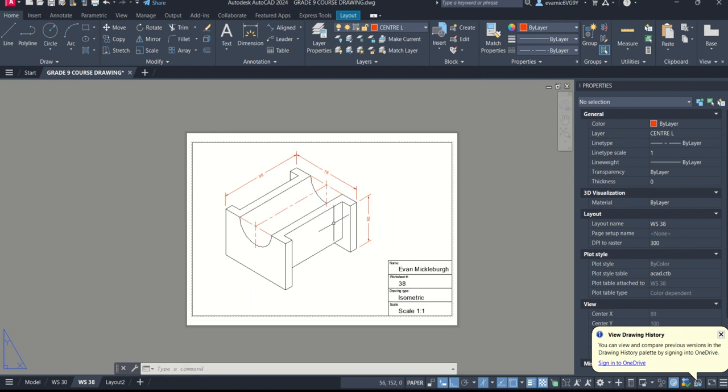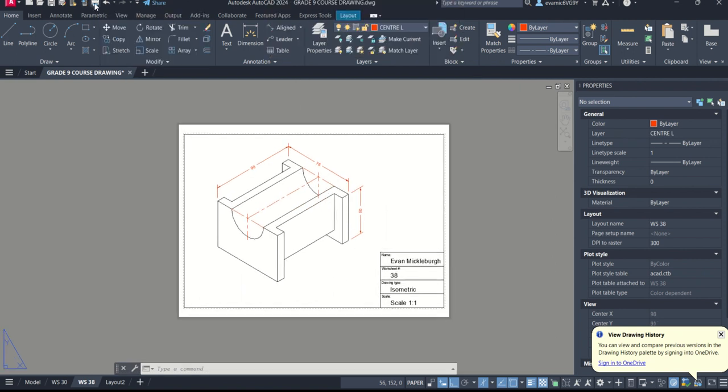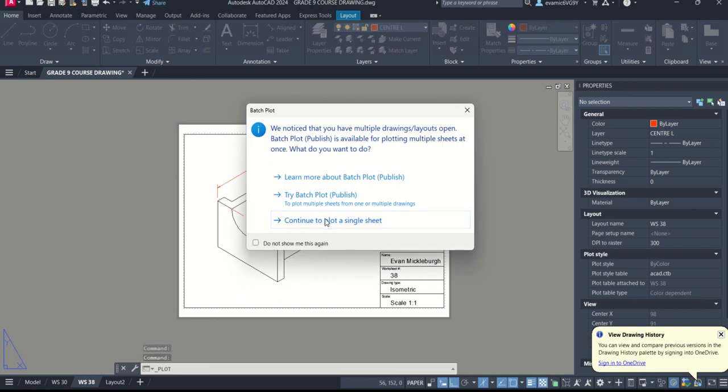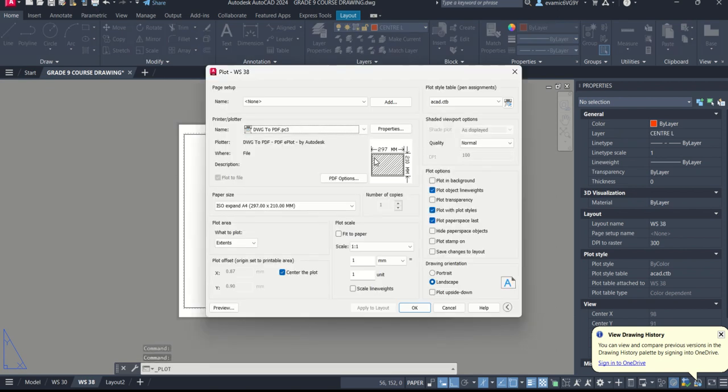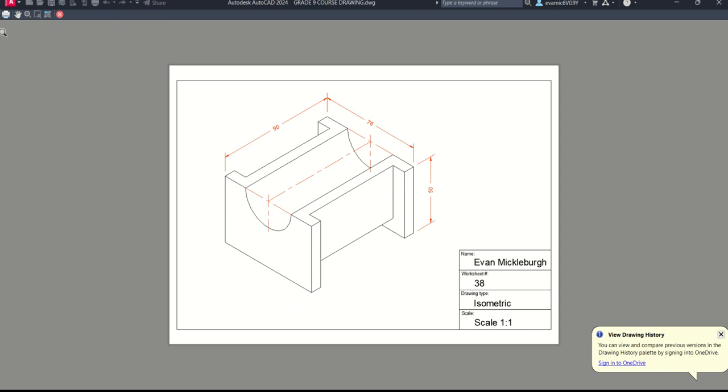So what we're going to do now is we're going to go to the top, print plot, right? And we're going to go continue to a single sheet. It's all set up for us because we've copied the previous thing that we set up. And then we're going to go to preview. Perfect. We're going to save it, hit the print button,